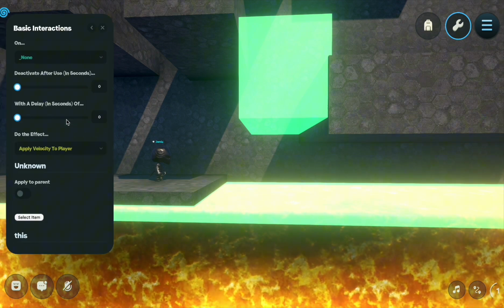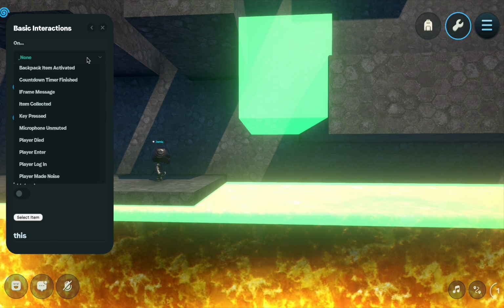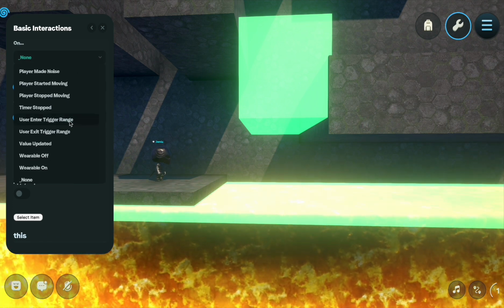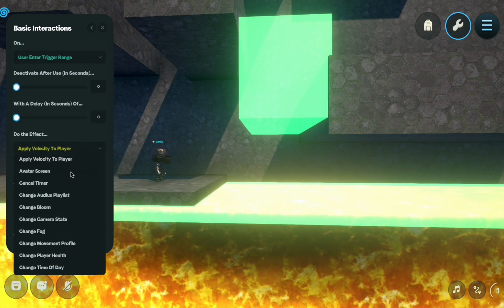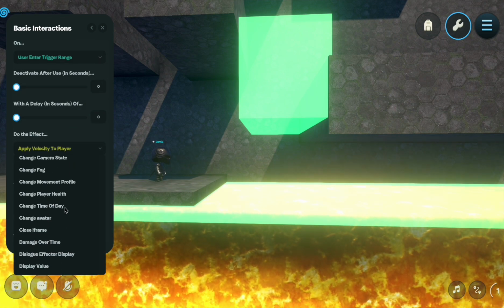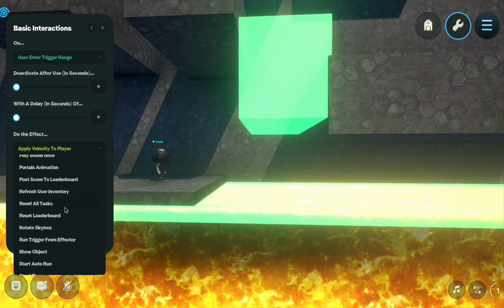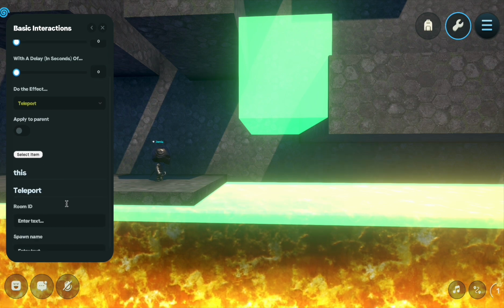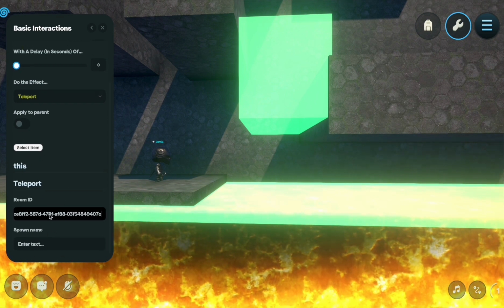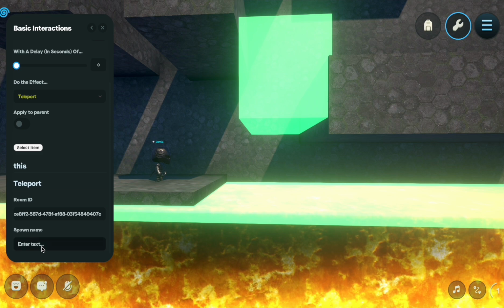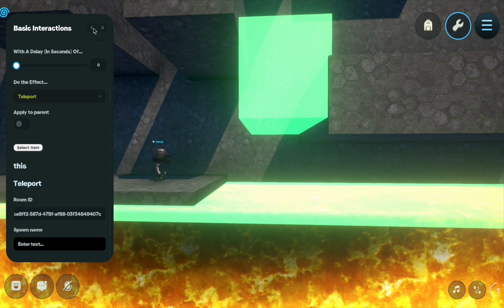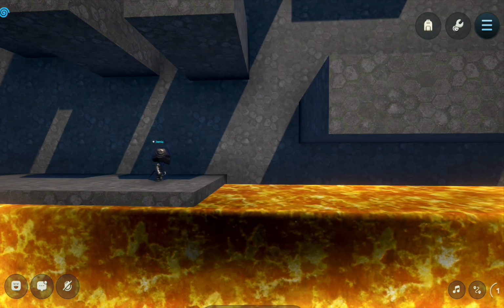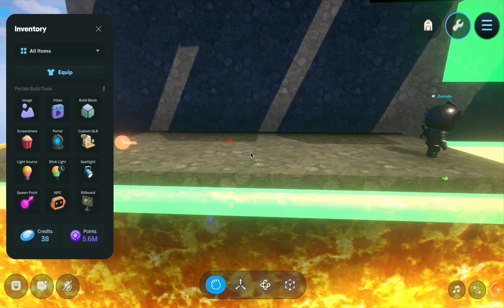And this allows us to do something that's not linked specifically to a task. In this case, we want the player to enter the trigger range, and when they do, they die. We do this by teleporting them back to the start. So we go through the options here, and we select the teleport. Just copy and paste the room ID, which is the end bit of the URL from your room, and paste it into there. What will happen is when you enter that trigger range, the player will be teleported to